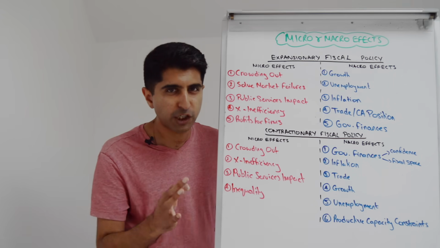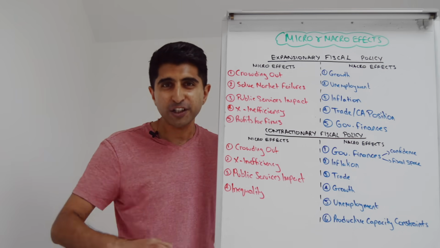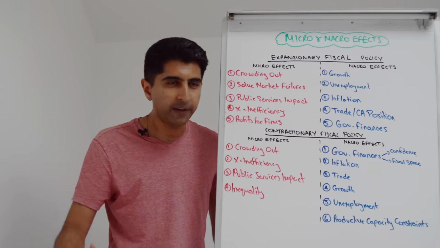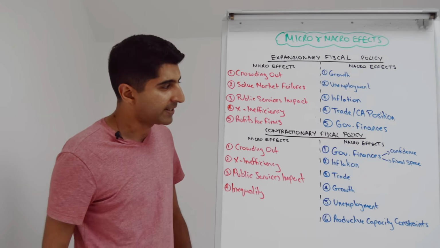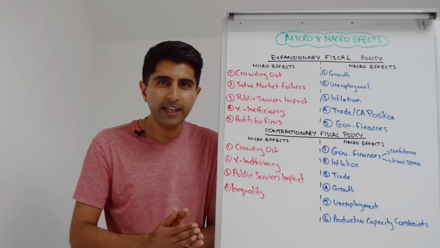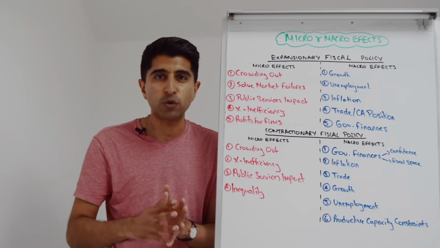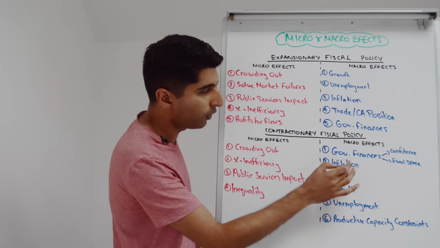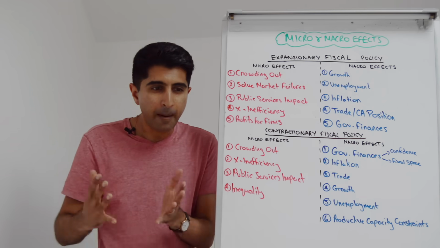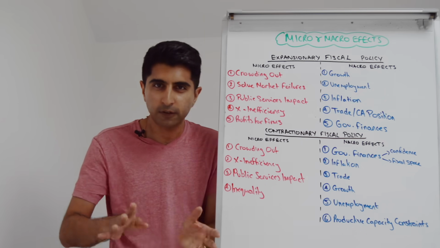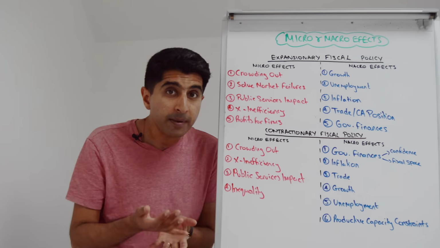What about the contractionary fiscal policy side? Well, essentially, this is the reverse, but again, some more novel ways to think about this. So we're thinking cuts to government spending and increases in taxation, maybe to reduce AD, there is a link there, but primarily to improve the state of government finances. So with your macro effects, I would go there primarily, right? And how there are benefits to reductions in budget deficits, to reductions in the national debt,